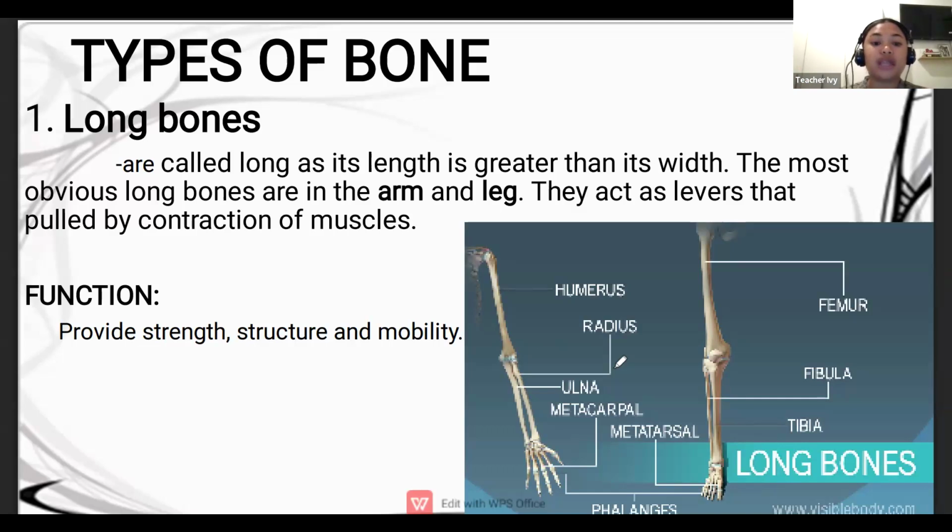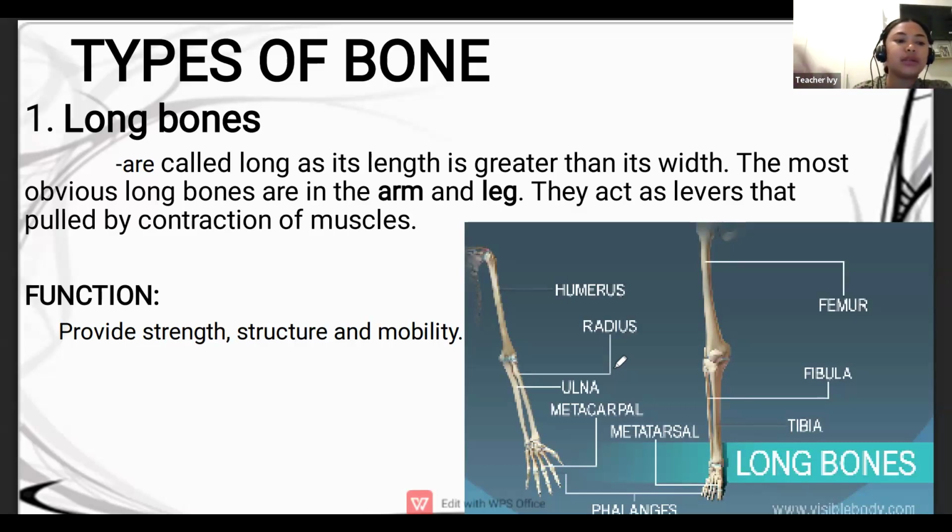or it's not actually a tendency, it would affect the movement of our hand, of our arm, and in our leg. Because during movement, as you can see, this is the humerus, right? And we have the radius here. These two bones are attached by the joint that is found in our elbow, and when we move, the bone in the humerus tends to contract, and the bone in the radius opposes the movement of the humerus in order to lift our hand, to lift our arm.